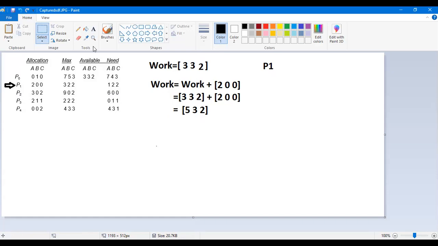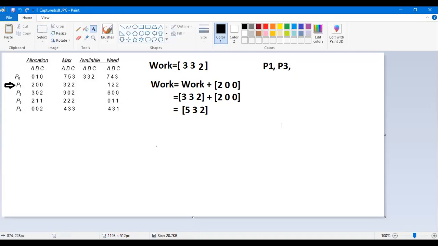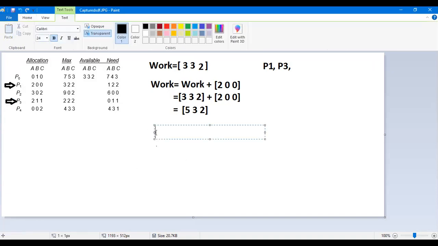So after P1, P3 will be executing. Here I am marking the arrow once again. P3 is now executing. Your work will be work plus allocation.